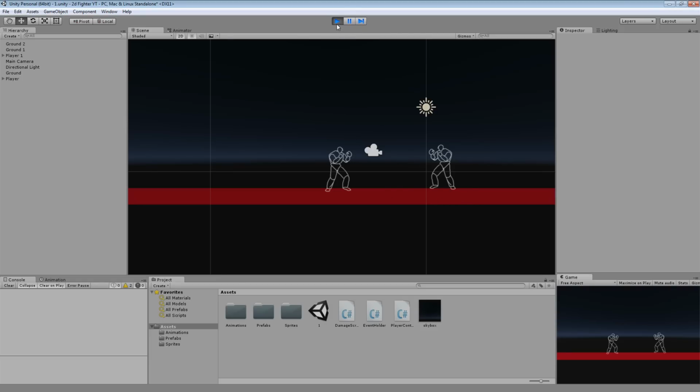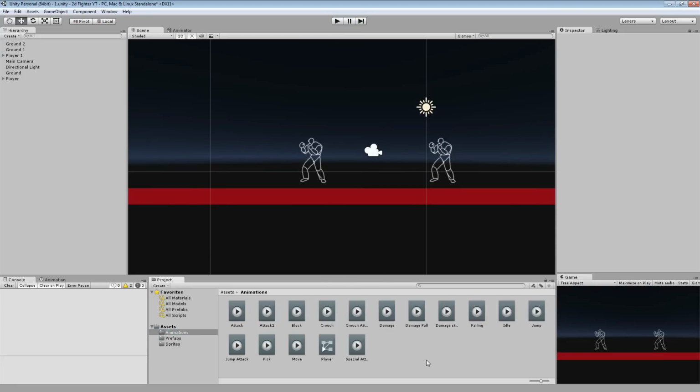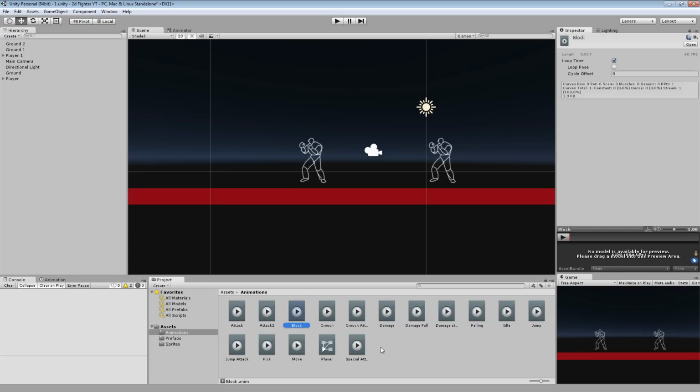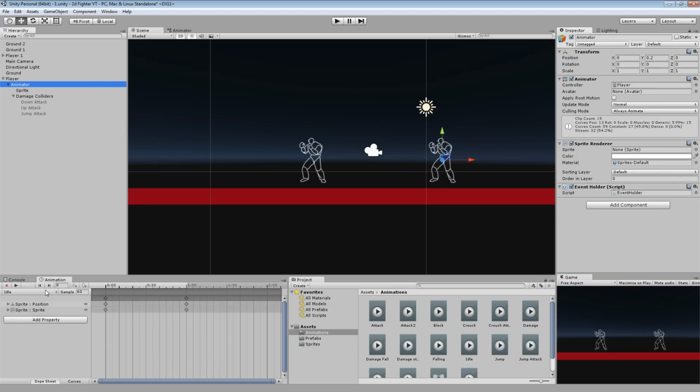fight. So, before we start, I've already made a new animation, and that animation is for blocking. It's this block, and you can create it pretty easily by yourself. You create a new clip, name it whatever you want. I want it to be named block, and just drop the sprite in the keyframes, but not in the same